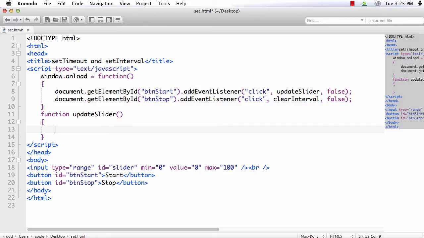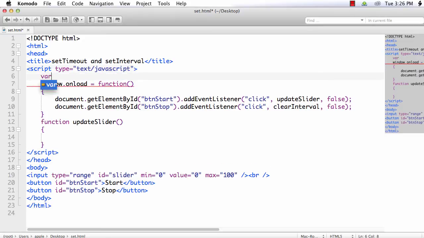So we will be using the same ID inside the updateSlider as well as the clearInterval method. So it should have global scope: var myTimer.